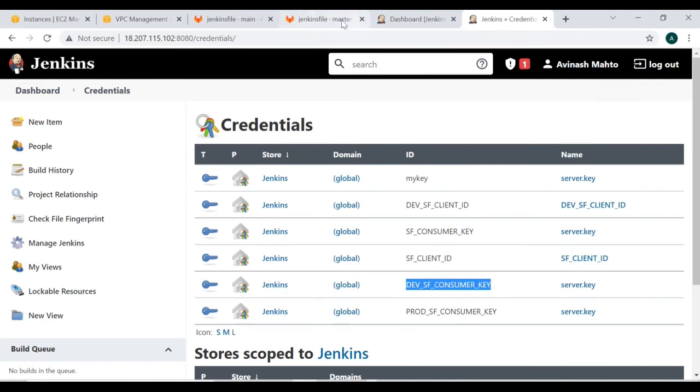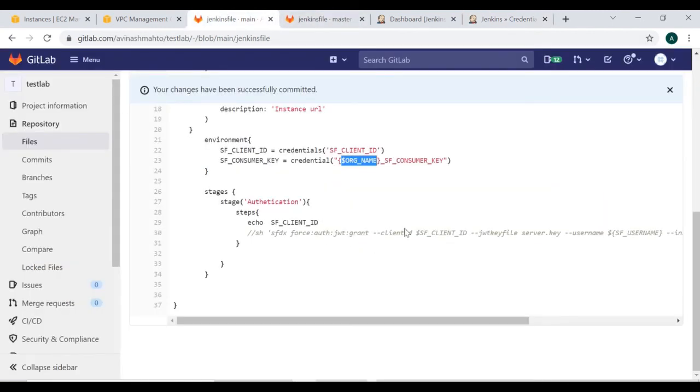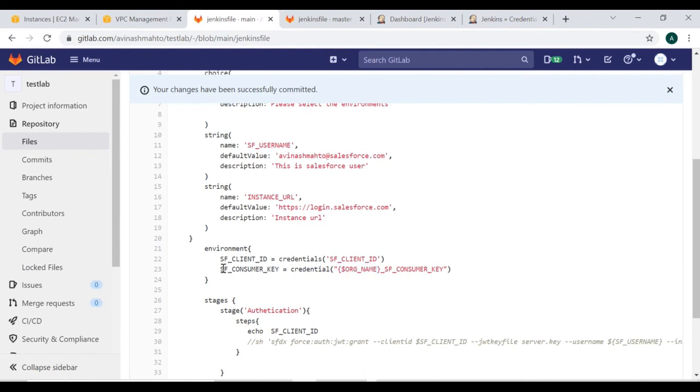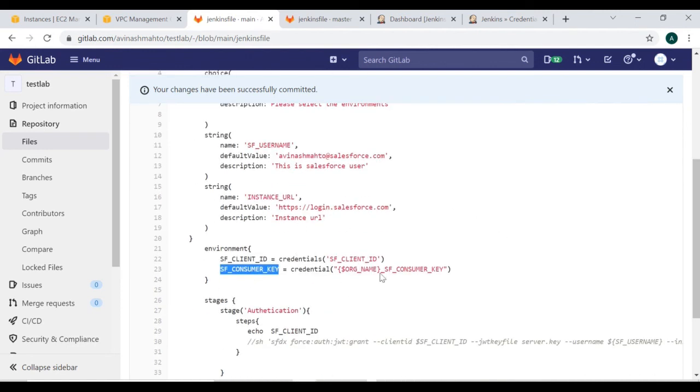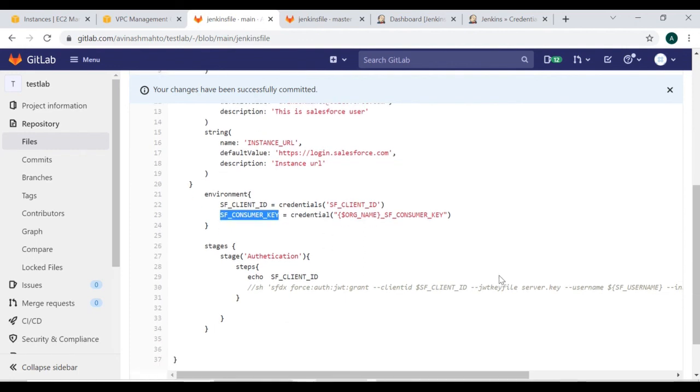In such a way, with a single line, we can manage the credentials for all the different environments, and we don't need to write the same thing n number of times inside our Jenkinsfiles. I think this is the ideal way to handle this kind of problem.